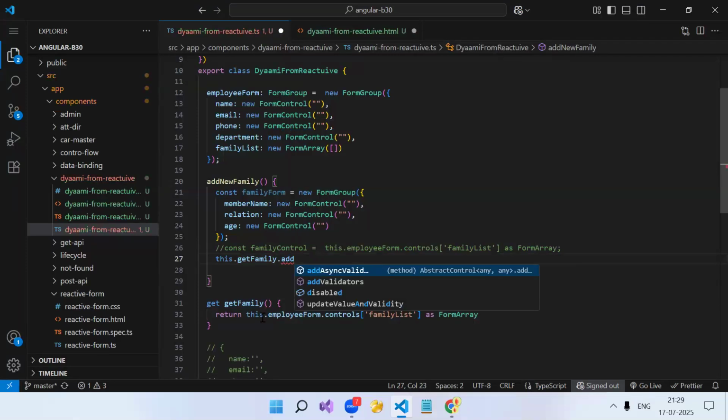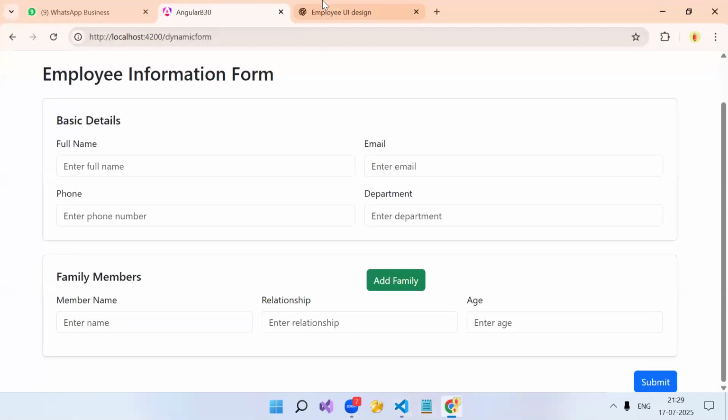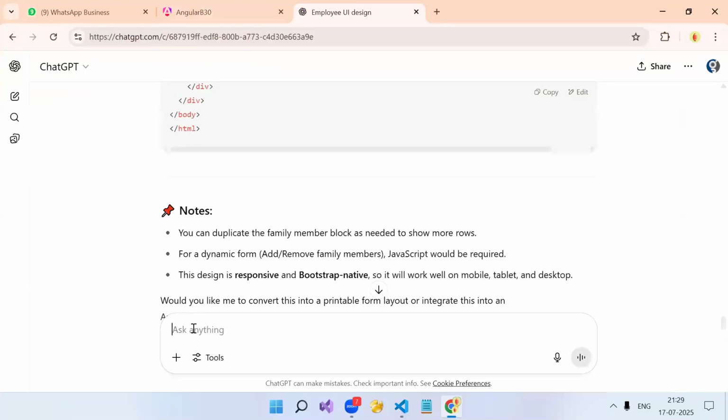Wait, does anyone remember how we do that? I also forgot. We have created a form array. We created a reactive form. Then we got access. We provided a data type. Why is add not coming? This form, I'm using a reactive form array with form group.